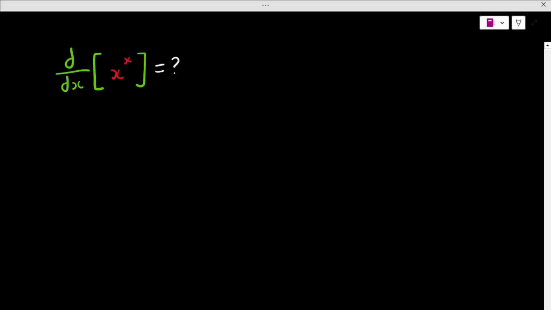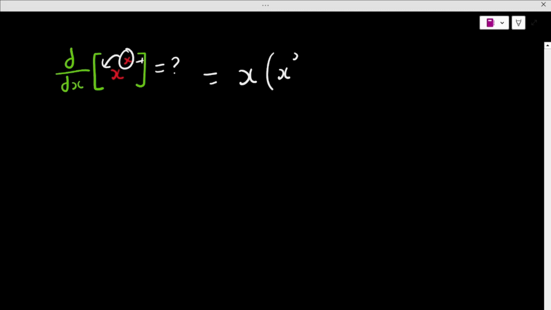We are going to be differentiating with respect to x of x to the x. Okay, seems like a pretty easy problem. Let's just use the power rule. I mean, it's in the form of x to the something, so we see that as a power number here, which is just x, so let's just bring it down minus 1, so this is equal to x times x